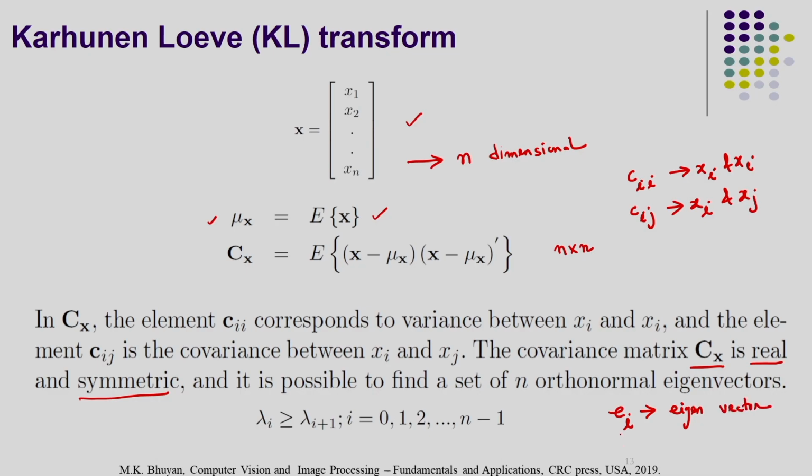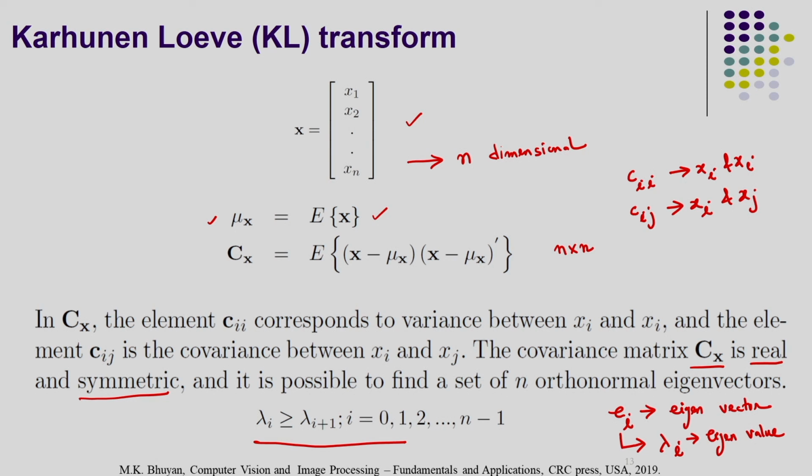And corresponding to this eigenvector, my eigenvalue is lambda i. So from the covariance matrix I can determine the eigenvector, and after this the corresponding eigenvalue I can determine. These eigenvalues I can arrange in the descending order of the magnitude. You can see here the eigenvalues are arranged in the descending order of the magnitude. So lambda i is greater than or equal to lambda i plus 1, corresponding to i equal to 0 to